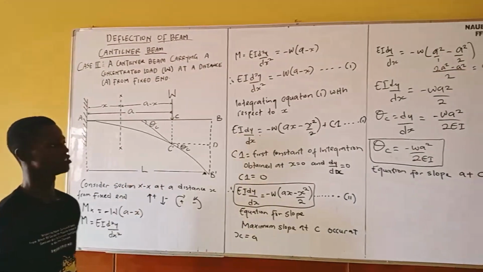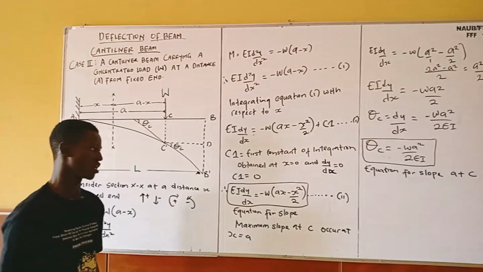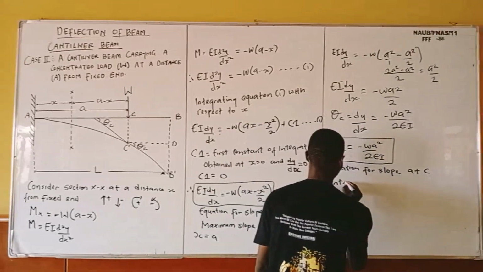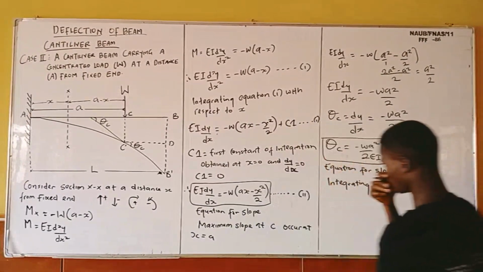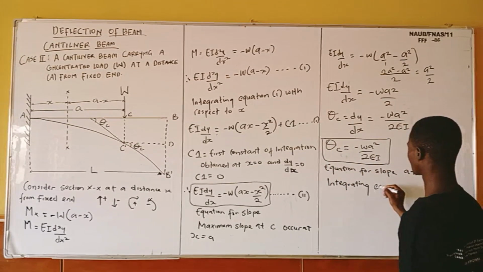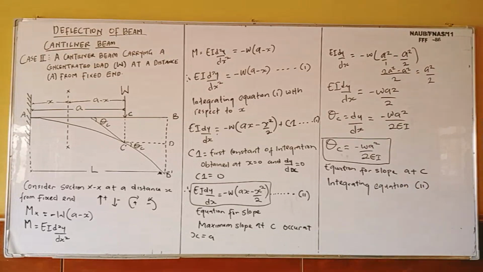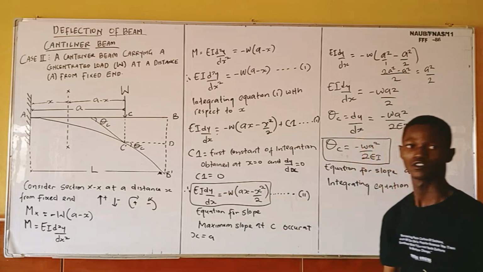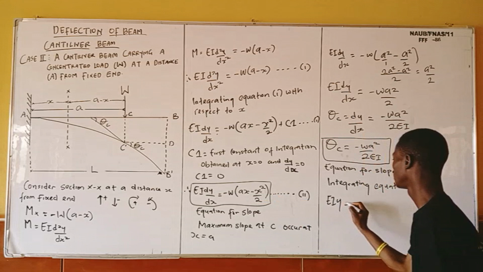So for us to find the deflection at any section of this beam, we are going to integrate the slope equation to continue our calculation. By integrating equation 2, we continue. Integrating this one is the first order of differentiation, so by integrating this one we are going to have